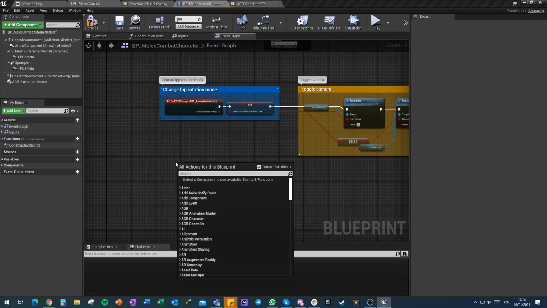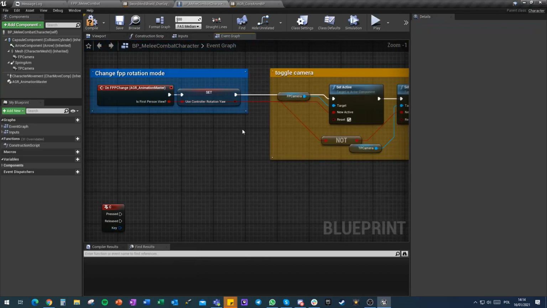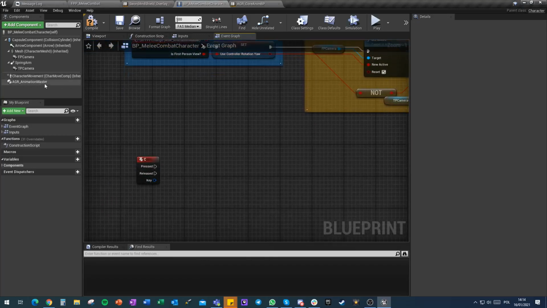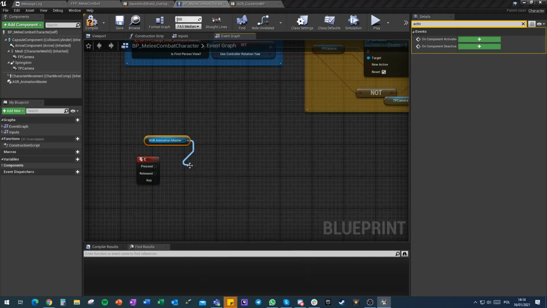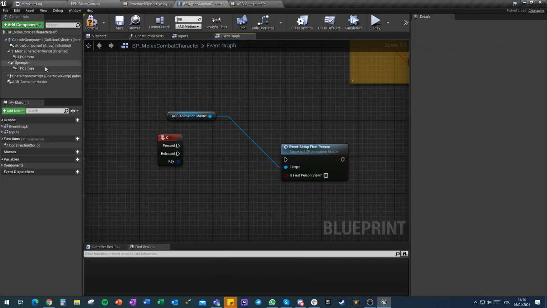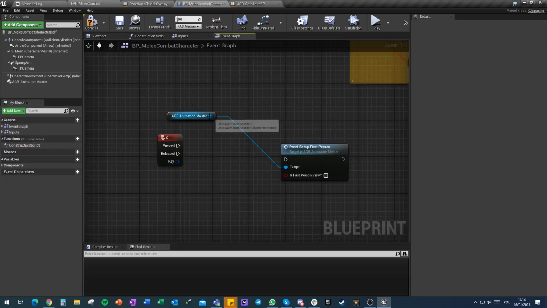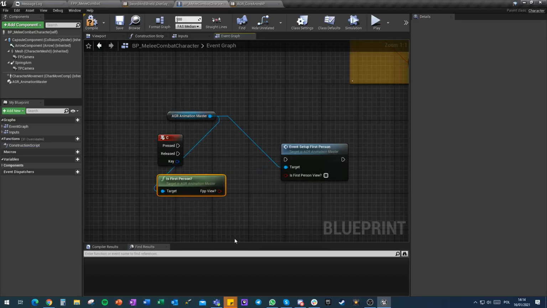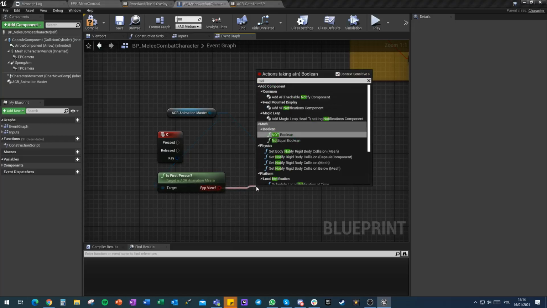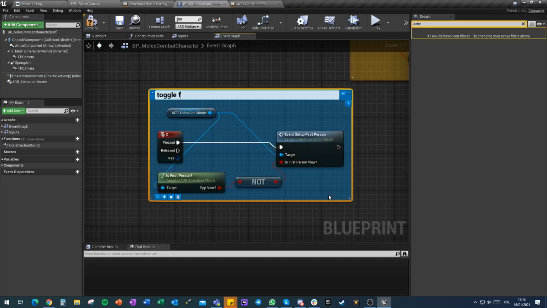And we'll also add a C keyboard, C like camera, and we'll just take our animation component and we'll go set up first person. And we'll make a new function, and you know what, no, we don't need any new function because we already managed that. We already have a function is first person, so we are just toggling, and toggling is just denying whatever the value we have. And okay,